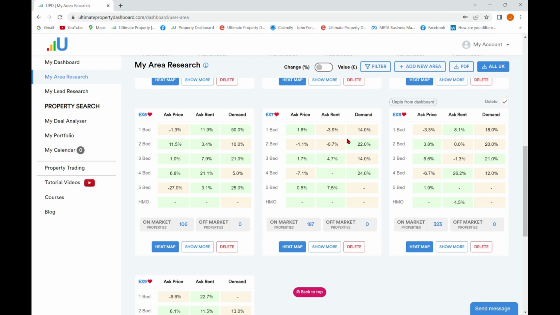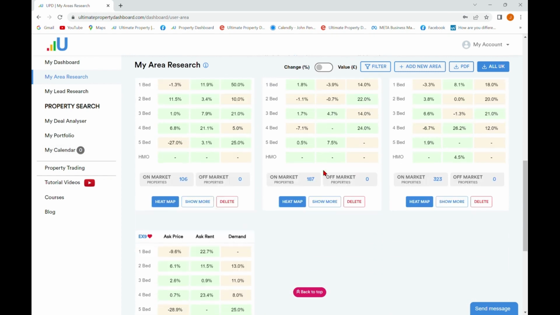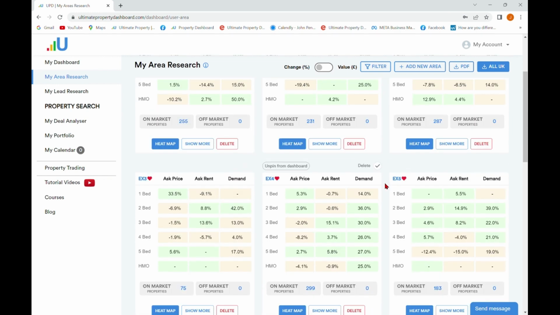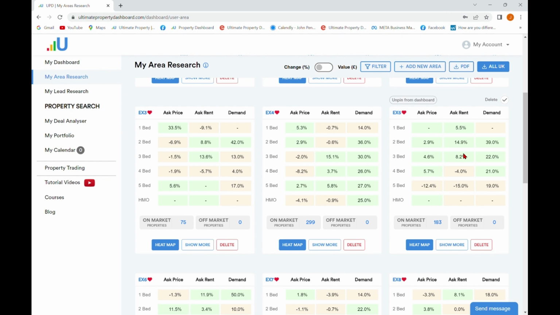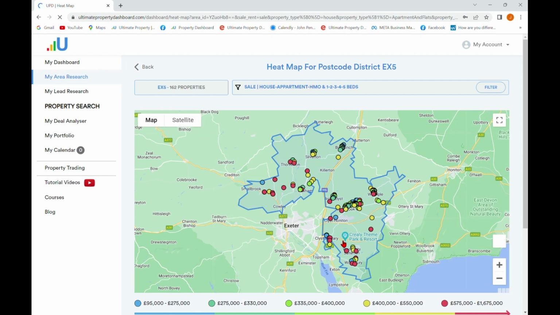So we tend to see this in lots of data. So there it is, it's all there for you. And then one final check for you to make: if you're not sure about an area, you don't know it particularly well, you want to see what the house prices are like, where is expensive and where is not so expensive, we've also got a heat map, this little button here,